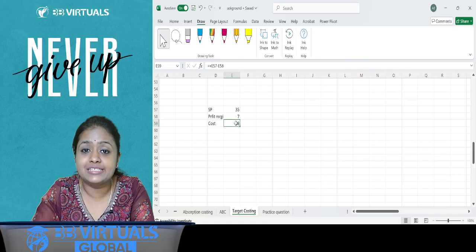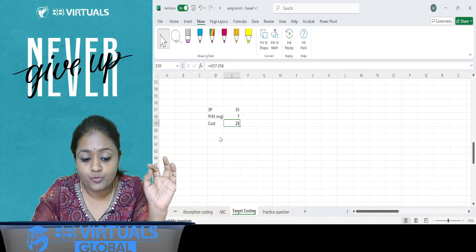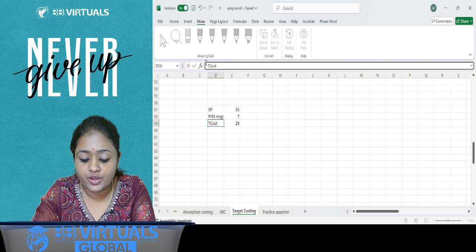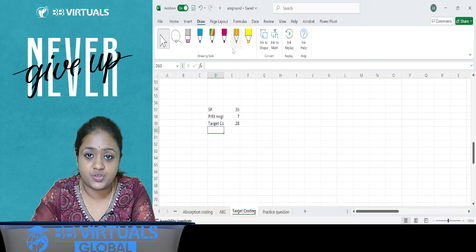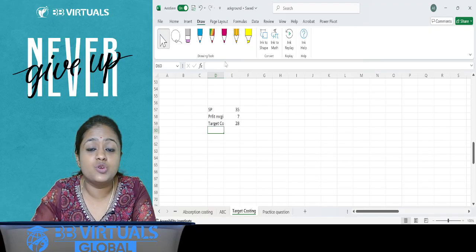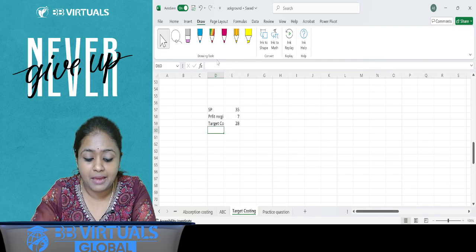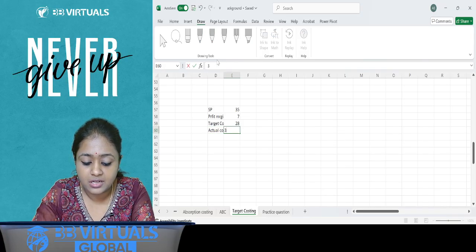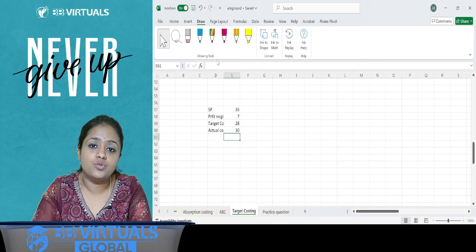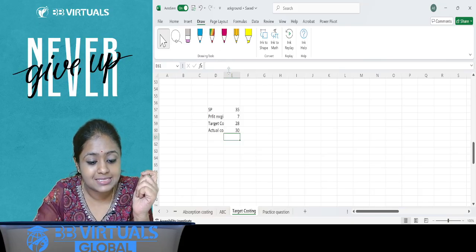If you increase this to 30, then your margin will reduce from 7 to 5. So pressure will always be there on the margin. So what you are going to set is always your target cost. You will always set a target cost for yourself, so that finally you are able to arrive at this cost. Now you will say, ma'am, my actual cost is coming out to be 30. What should I do now? Now you don't have to do anything. You just have to try to close the cost gap.